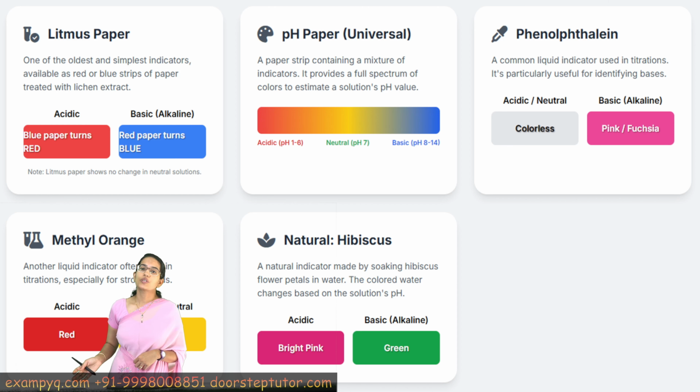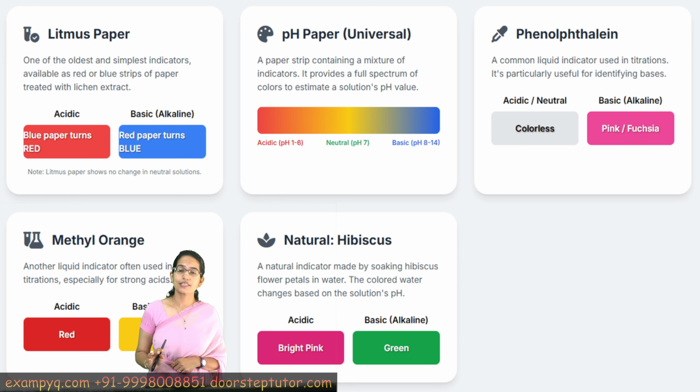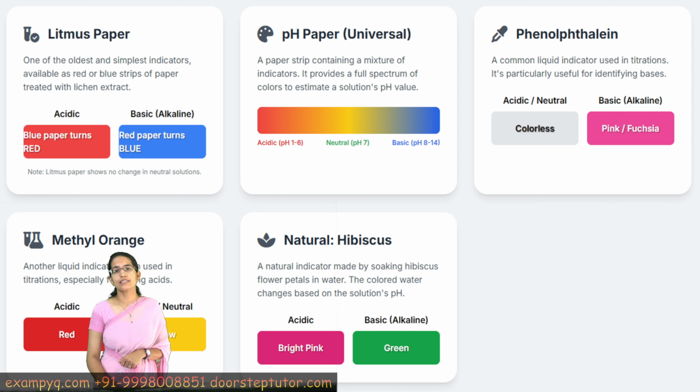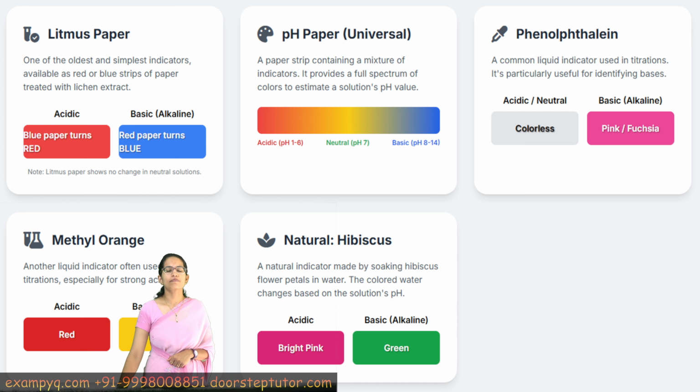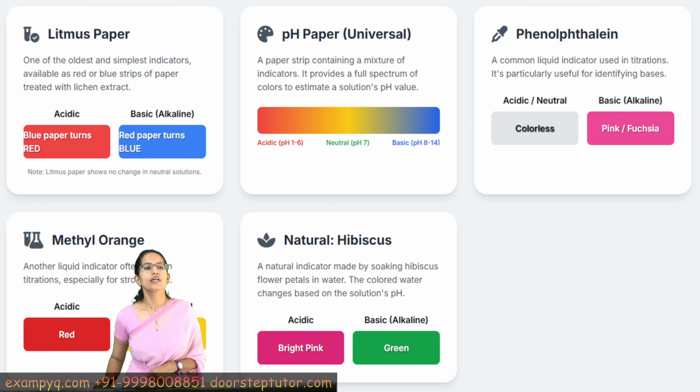A child, a student from class 6 to 8, would of course have one standardized question on litmus testing or acid base detection for their Olympiad examination or any other science examination. Now the interesting thing to note is it is not just the litmus test that works for your acid base analysis, but besides litmus there are four main important tests that work. Those are pH paper, phenolphthalein, hibiscus and methyl orange.